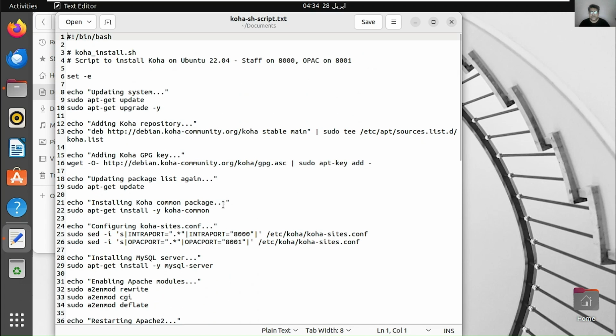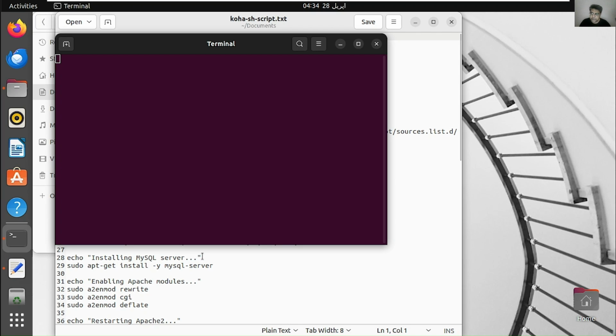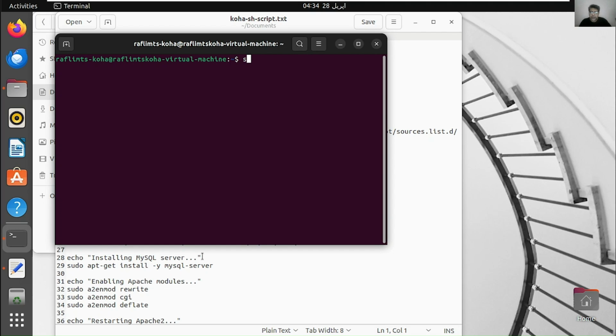So let me copy this, and first of all, let me open the terminal by pressing Ctrl Alt T. There you need to activate admin mode by writing sudo su and entering the password of your Ubuntu system.